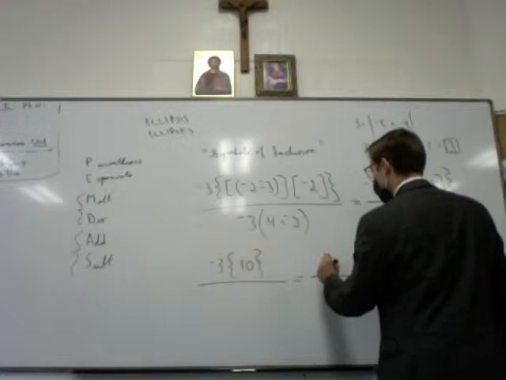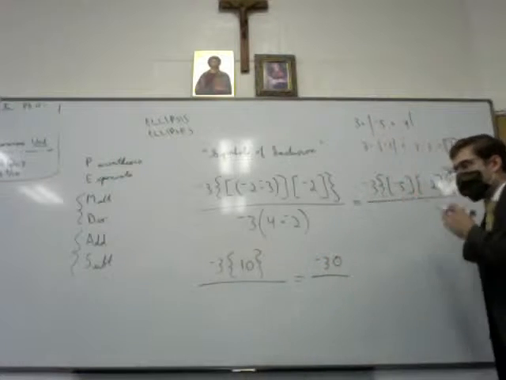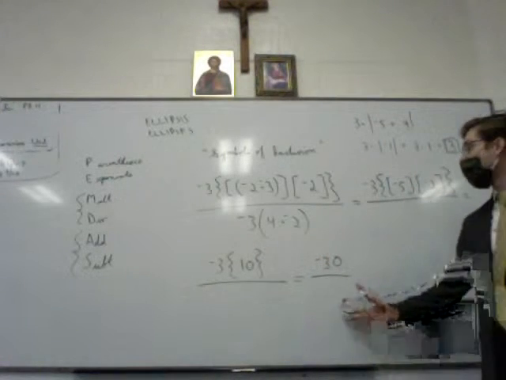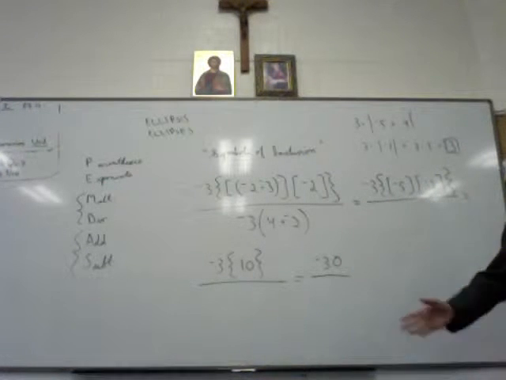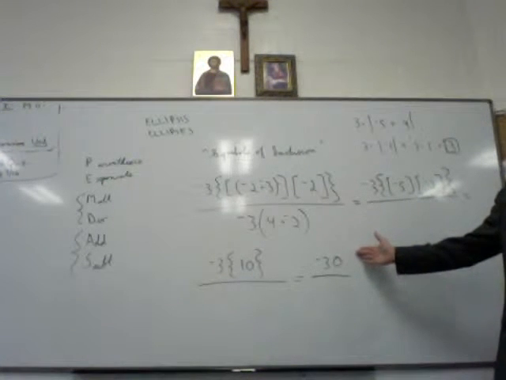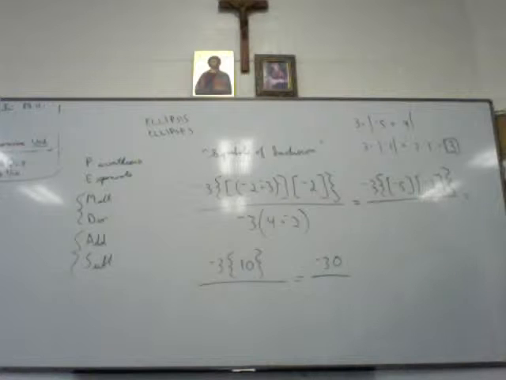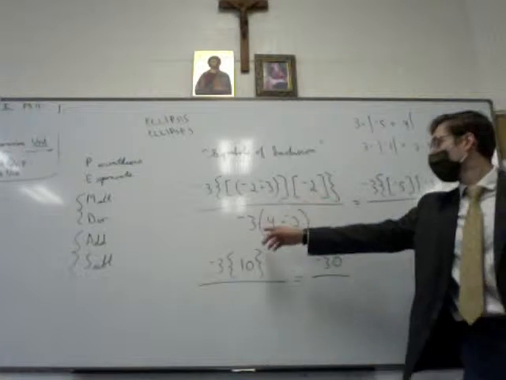30, -30. -30, all right. In order to go any further, we're going to have to wait and see what happens on the bottom, because now we've gotten the top as simplified as we can. Okay, what are we going to do on the bottom?